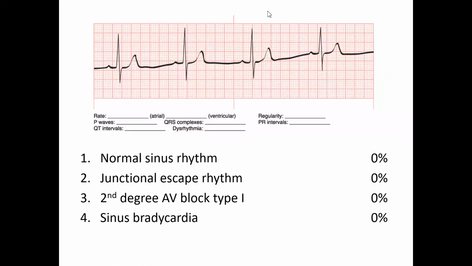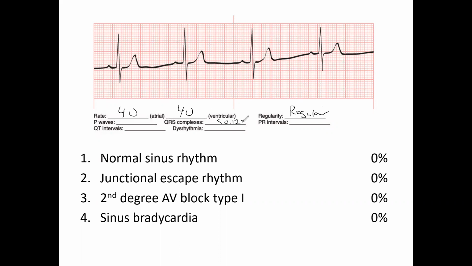Now let's take a peek at this one. Same thing. Does the patient have a pulse? Yes, the patient's got a pulse. We will apply the same approach. The atrial rate is 40. Ventricular rate is 40. The regularity appears to be regular. P waves are normal in shape and size. QRS complex is less than